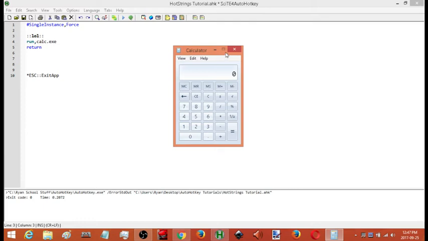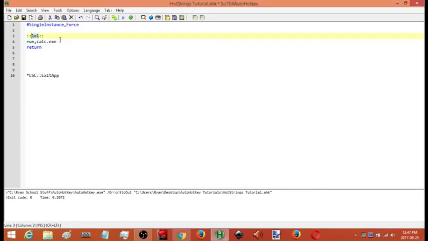So let's say I have 10 programs that I want to include in this script, I might come up with something. Let's say I'll say at calc. So if I want to run the calculator, I'll type out at calc. If I want to run the Chrome browser, I might say at,